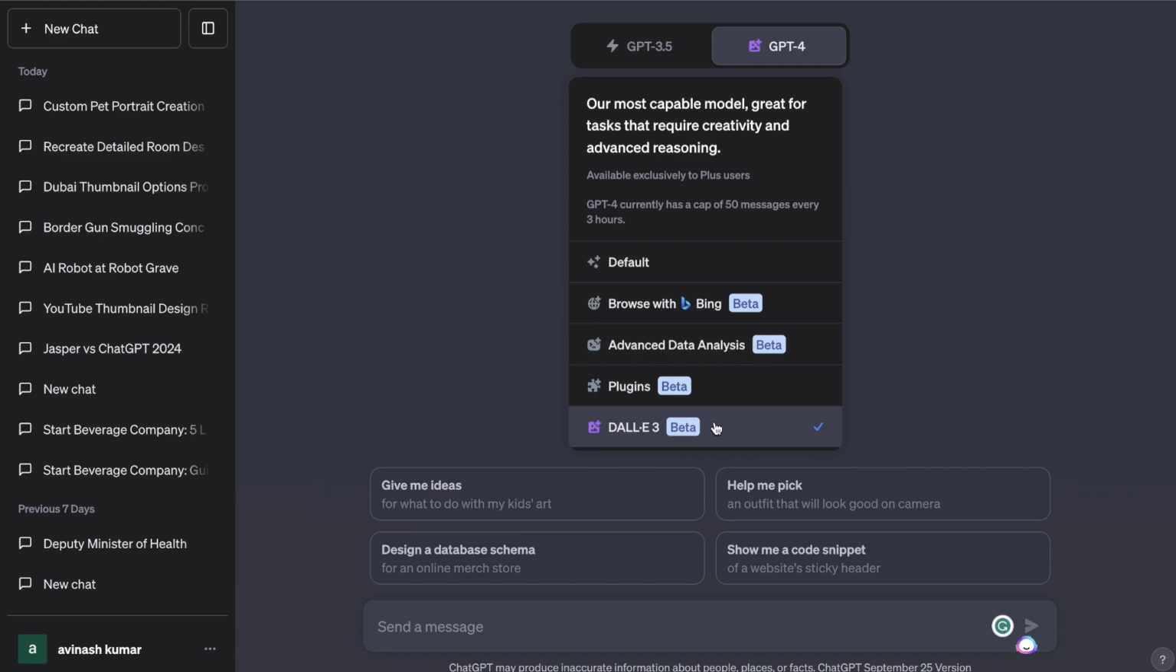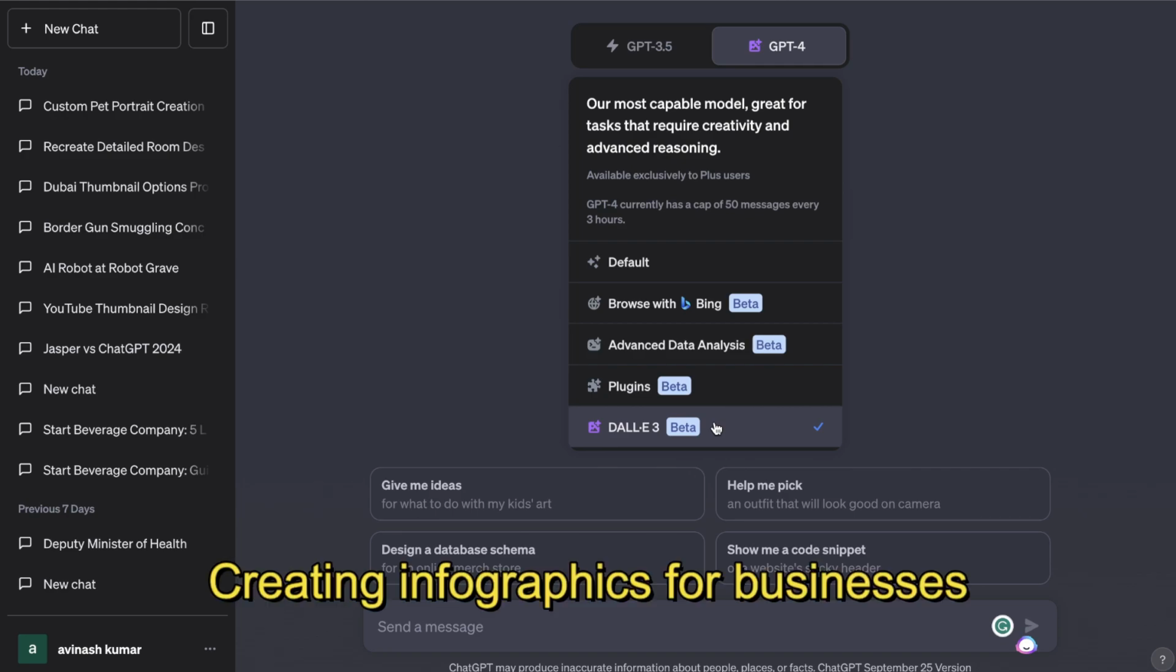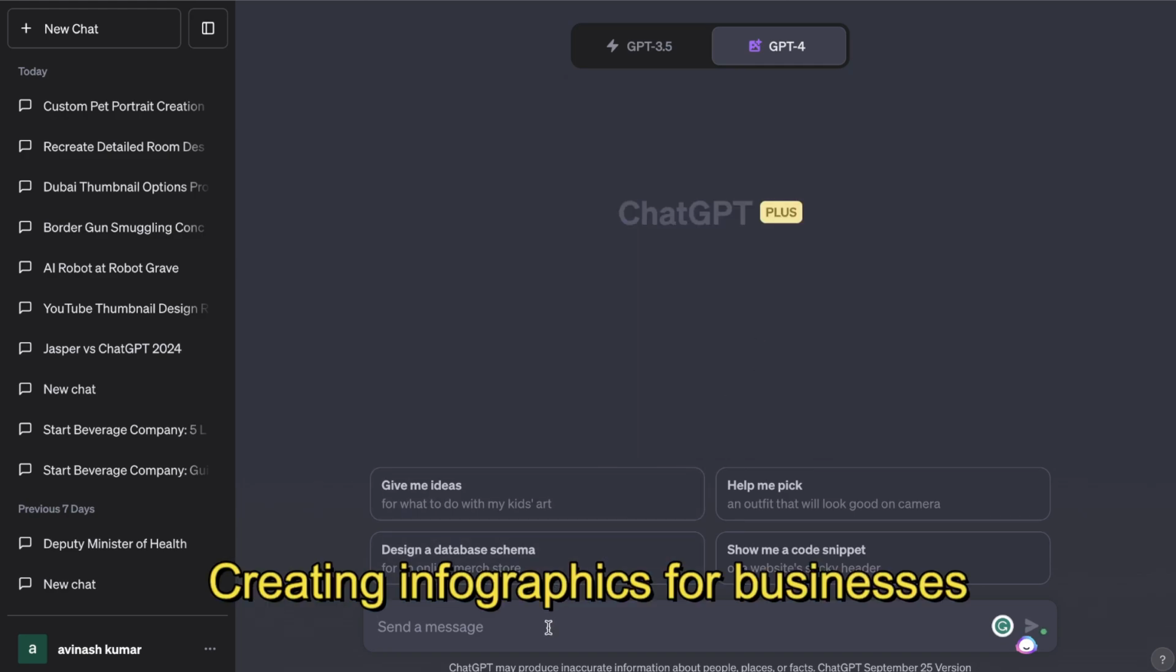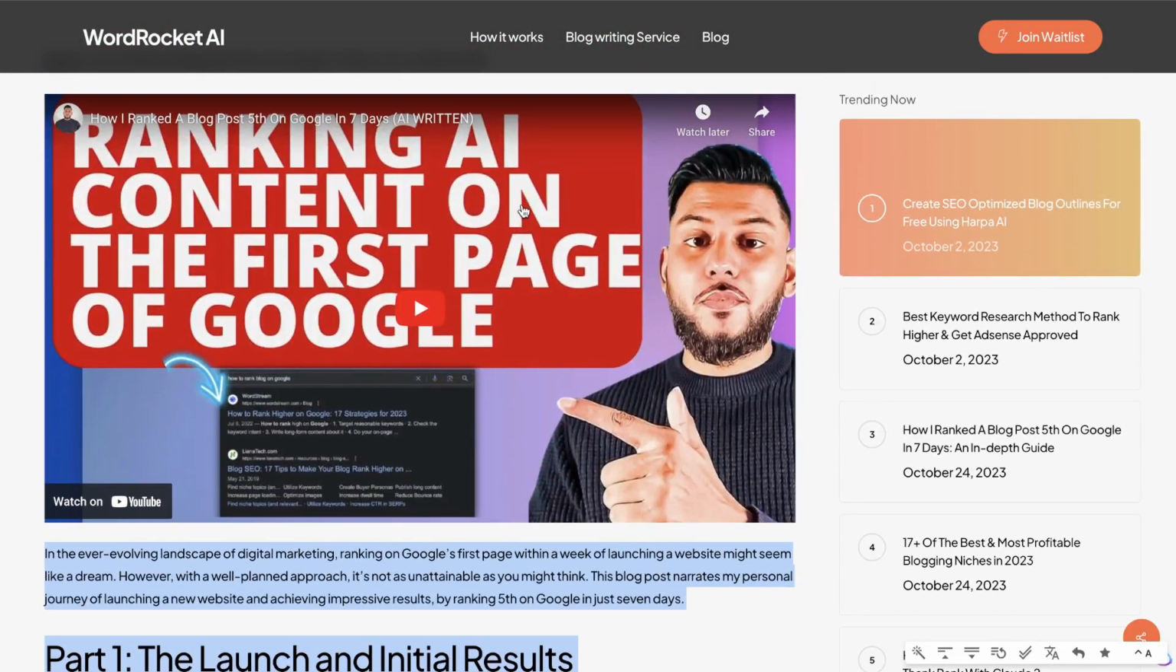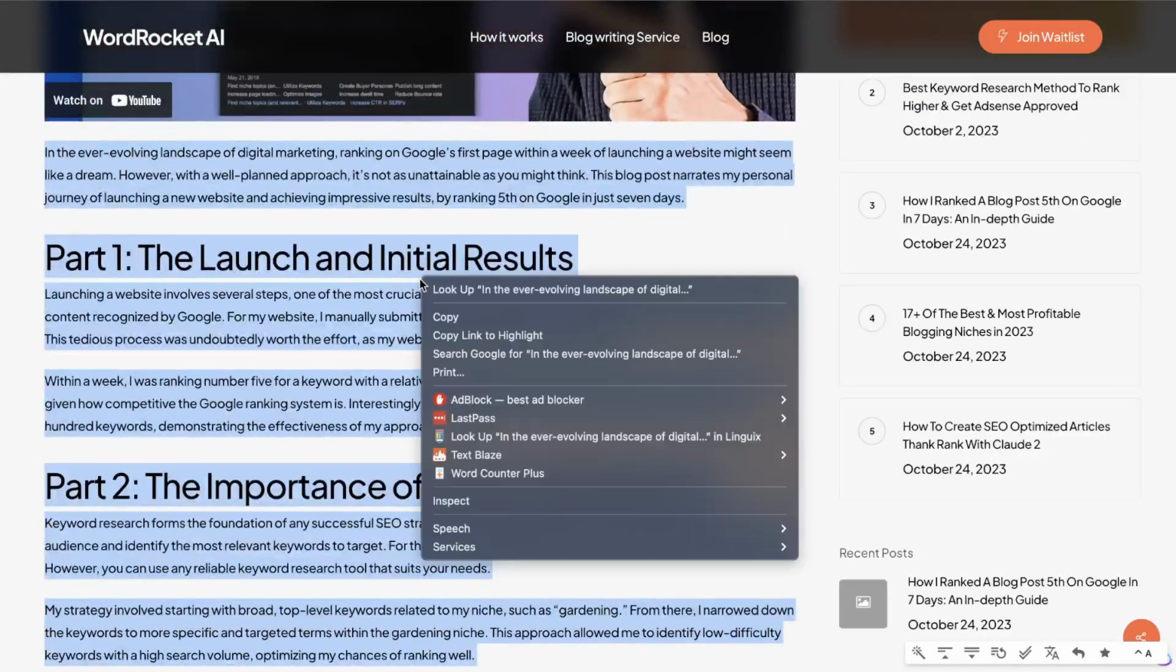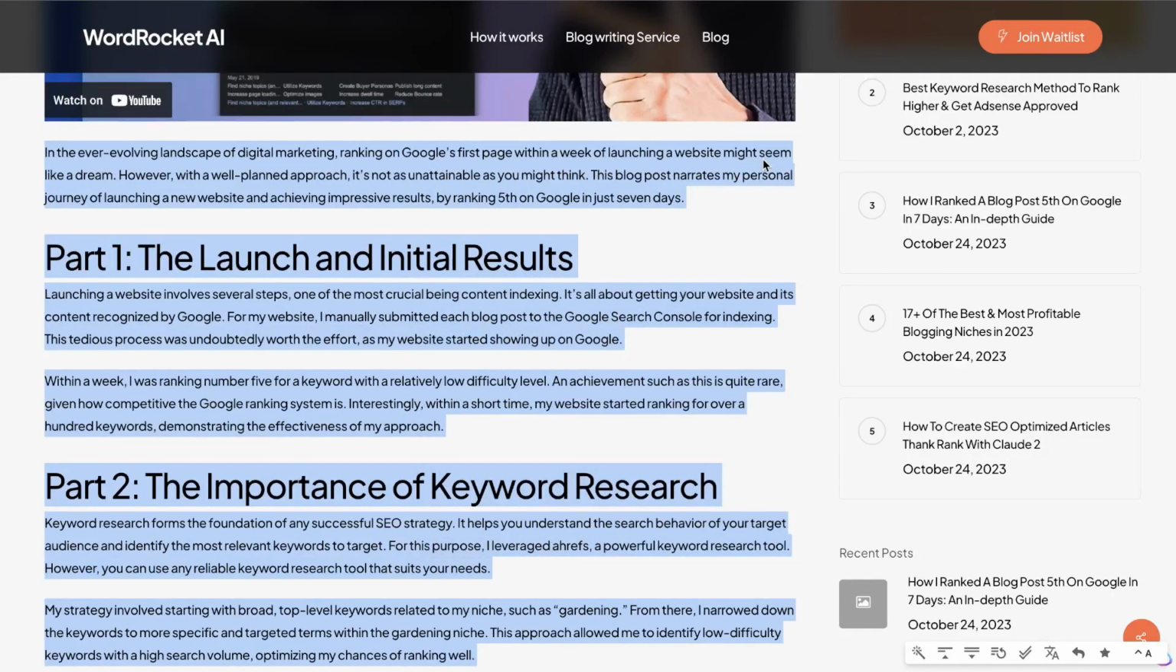Now the next method in which you can make money with DALLE 3 is by creating infographics for businesses. DALLE 3 is really good at creating infographics. So what you can do is create infographics for websites or for blog posts if needed. So any business that needs an infographic, if they want to rank higher, get more backlinks, you just want to be able to create a high quality piece of content,